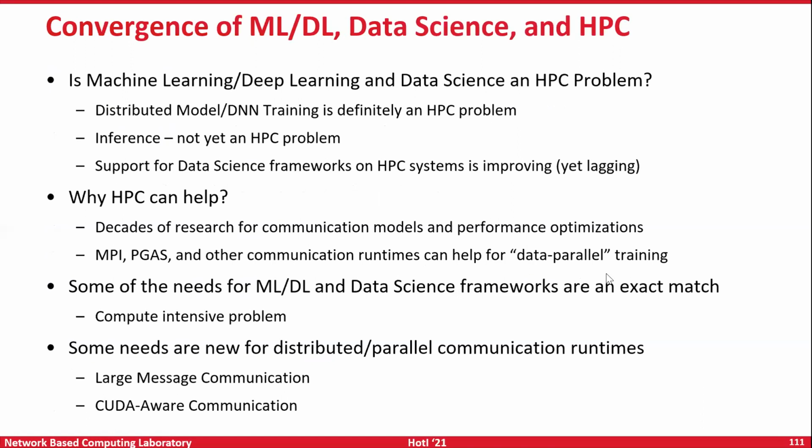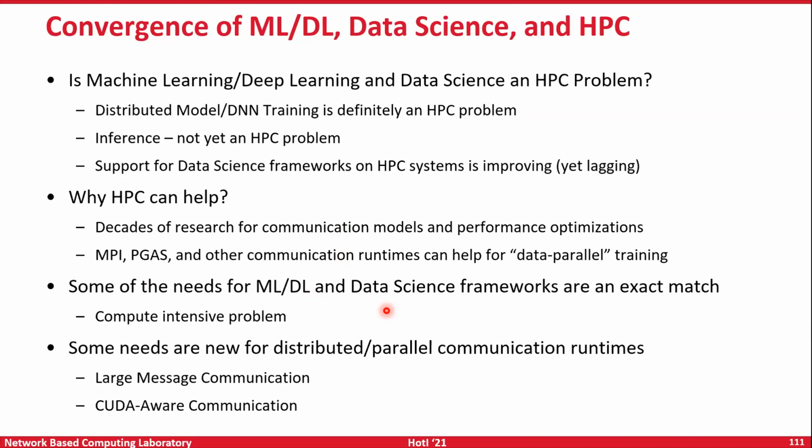Through the presentation, you would have now seen there is a lot of convergence happening between ML, DL, data science, and HPC. People are asking, is ML, DL, data science an HPC problem? Why can HPC help? Obviously, these are all just like the traditional grand challenge problems. The next generation applications are all these machine learning and AI, so definitely HPC can help. We saw a lot of examples, and some of the needs are exactly the same match. These are compute intensive, communication intensive, IO intensive problems. So whatever the HPC systems have done in the past to accelerate HPC applications, the same systems can be used even to help with